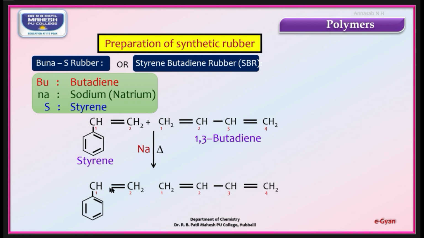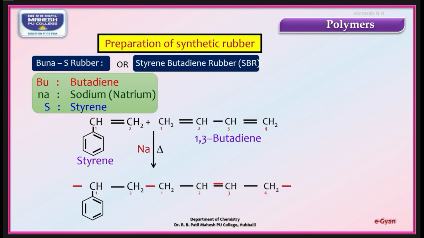So you can expect the process: it undergoes homolytic bond cleavage. So the electrons are transferred, leading to the formation of new bonding. You can observe here, there are 2 electrons and these electrons are transferred in the formation of new bonding. We get this kind of structure now. The double bonds are converted into single bonds, and these free radicals are combined to form a new bond. What was earlier a single bond now becomes a double bond, and what was a double bond is now a single bond. So a new bond is formed between CH2 of styrene and CH2 of 1,3-butadiene.